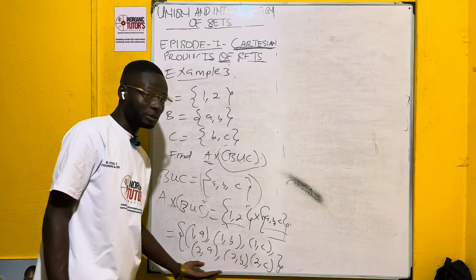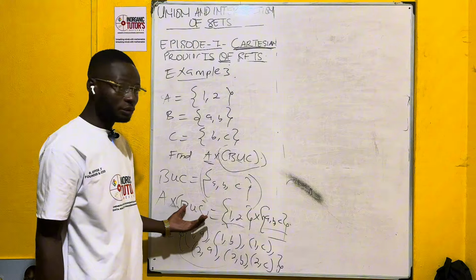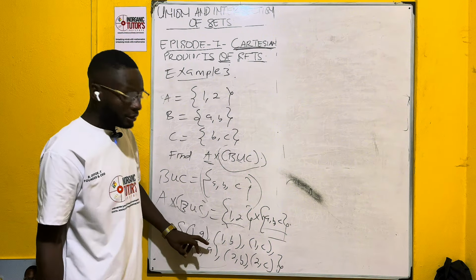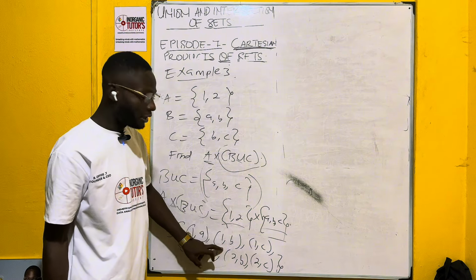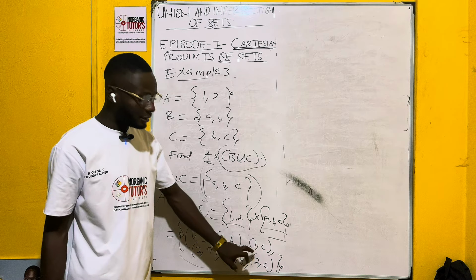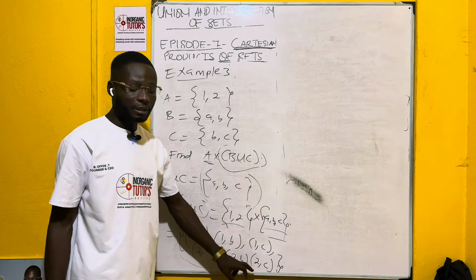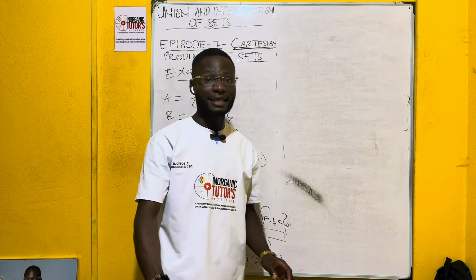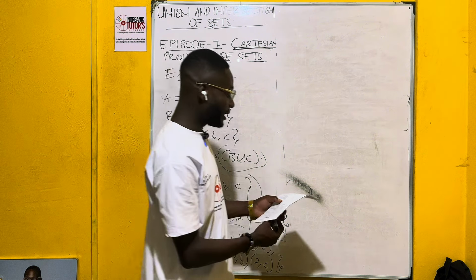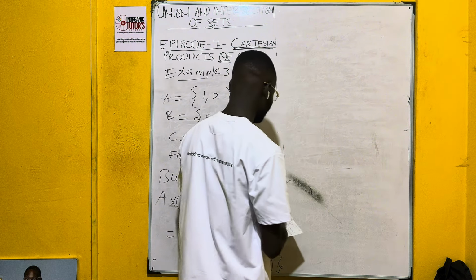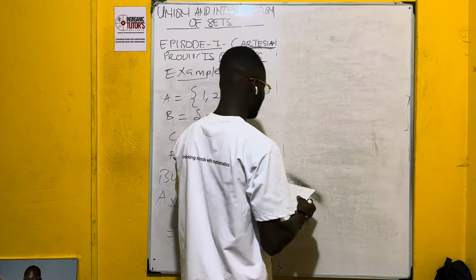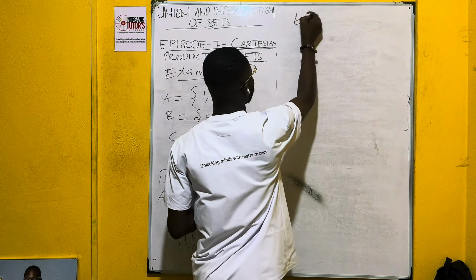So the elements that we had from A cross B union C are 1, comma A, 1, comma B, 1, comma C, 2, comma A, 2, comma B, and 2, comma C. And that is the third example. The fourth example is